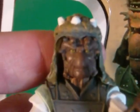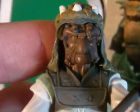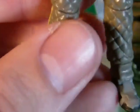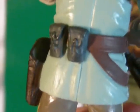And here, again, we have the Nikto Skiff Guard. Very cool. All kinds of great little details. As we go, usual up and down, 360. Love all the little, see, you got like the straps for his belt. He's got these little pouches. And look at all the detail